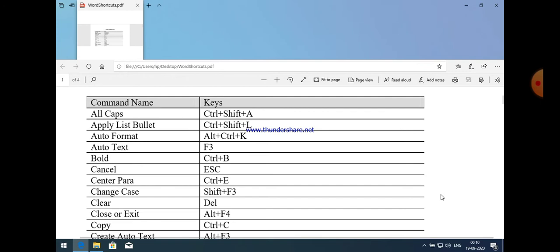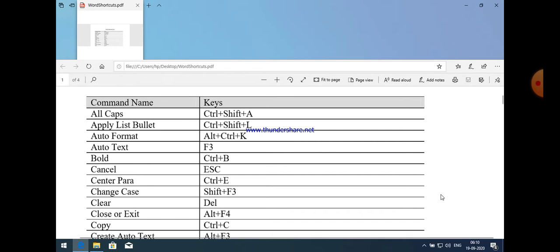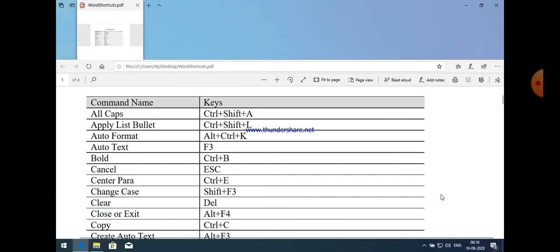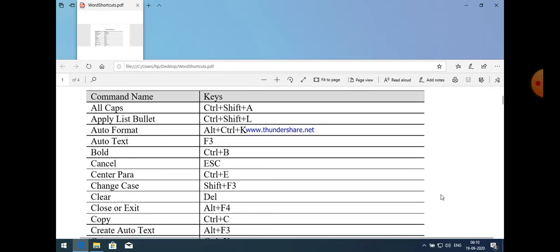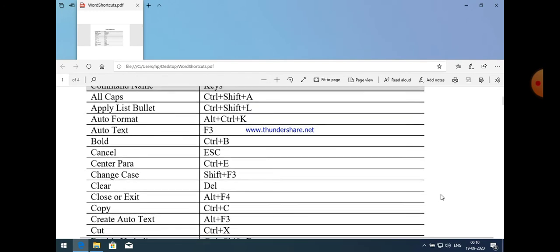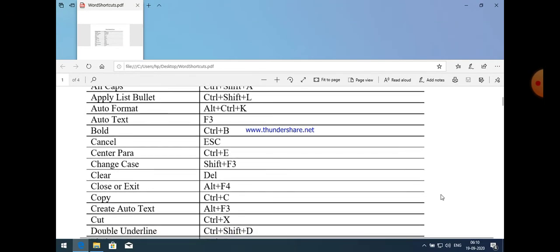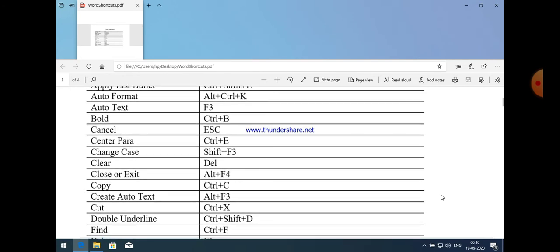And most important, copy. For copy, we use Control plus C. And to create auto text, there is a shortcut key Alt plus F3. Okay, that will create your auto text. For cut, Control X. Remember that for copy, the Control C key is there, and for cut, the Control X key should be used.